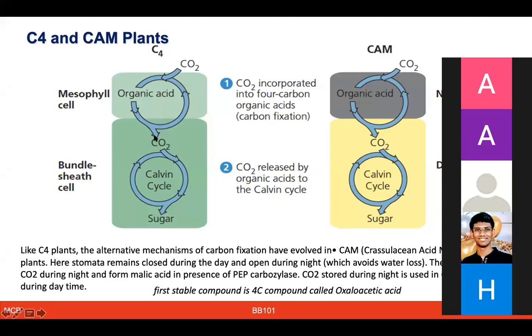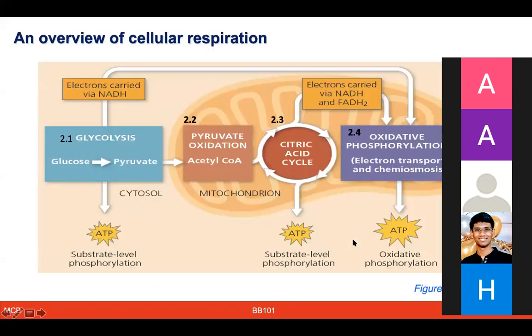And then in the C4 cycle, we are looking at, along with the mesophyll cell, we also have bundle sheath cells. And then in the CAM cycle, crassulacean acid metabolism, a similar phenomenon occurs, and that's why they are trying to preserve the water. They are living in more desert conditions. So stomata remain closed in the daytime and open during the night time. Many of the activities are actually governed by enzymes like PEP carboxylase.